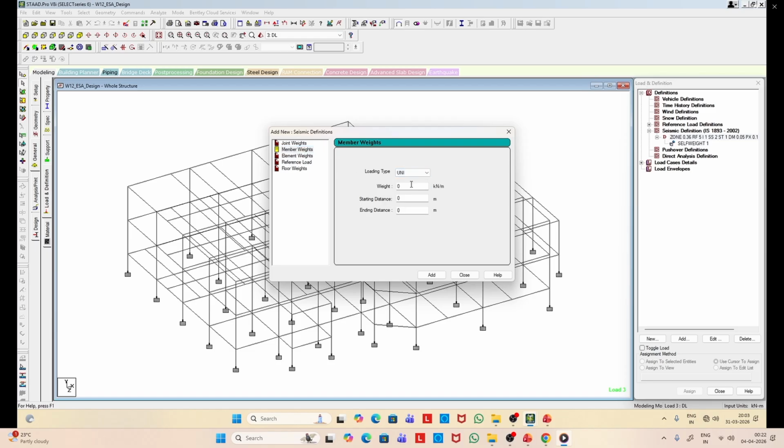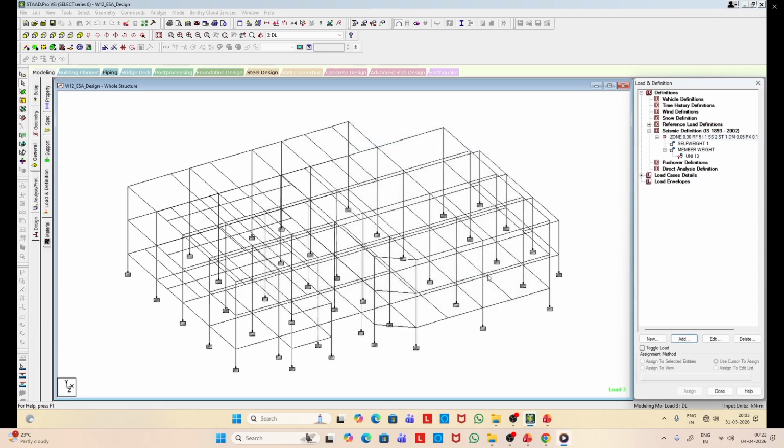So now member weight, which is uniform. Now this member weight we have to define. It is as we defined previously.